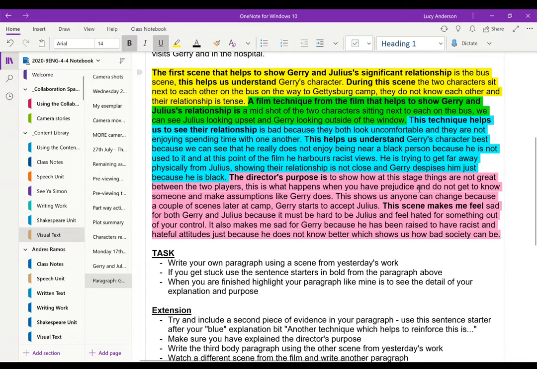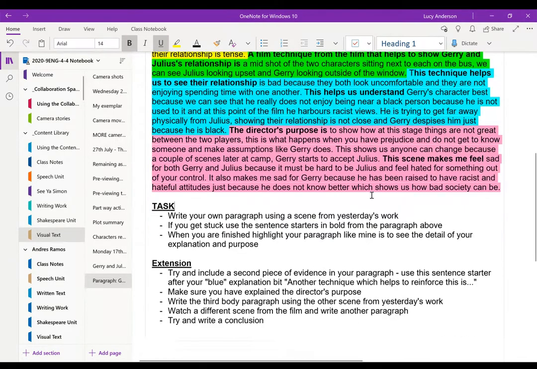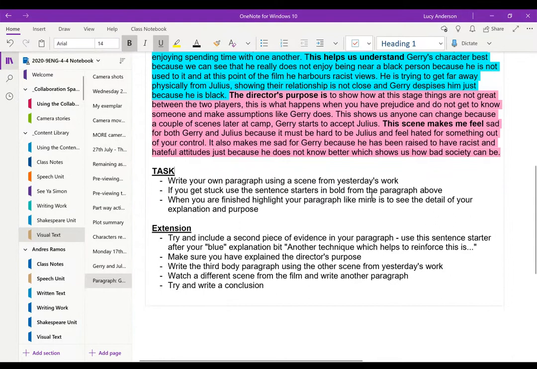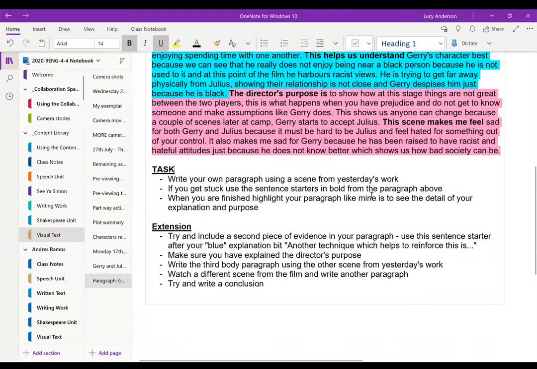It's how well you explain your evidence, because explanation shows your understanding of your ideas. You need to have both of these parts too, but that's going to really determine your grade. And then I've given some extension options if you feel like you've got a little bit of extra time in the lesson, or you want to challenge yourself, or you just want to improve a little bit.